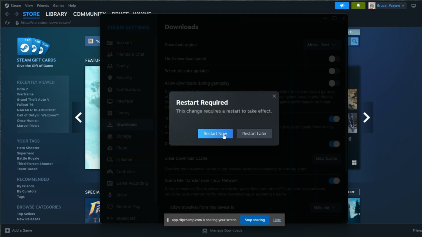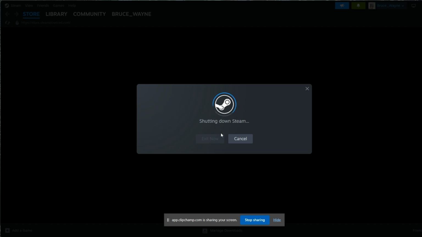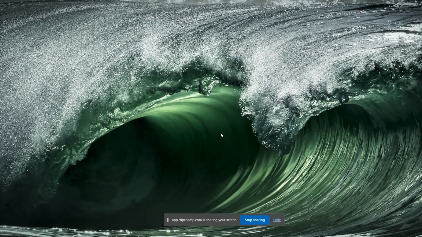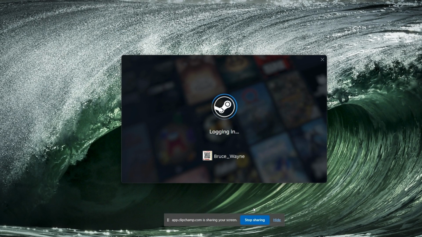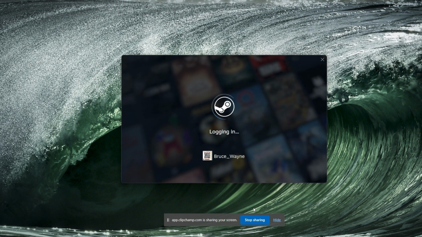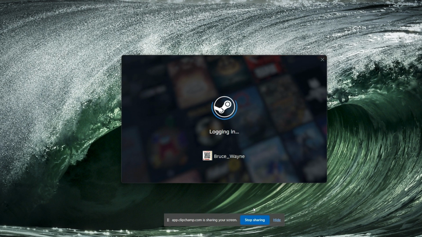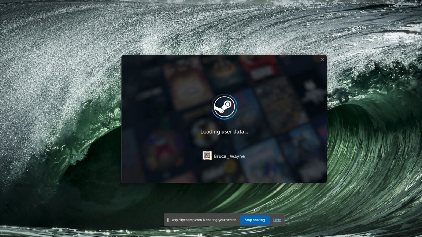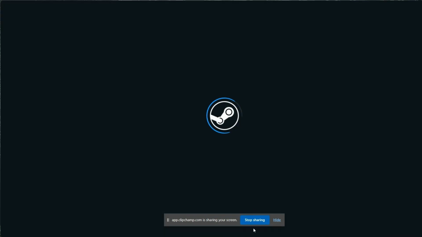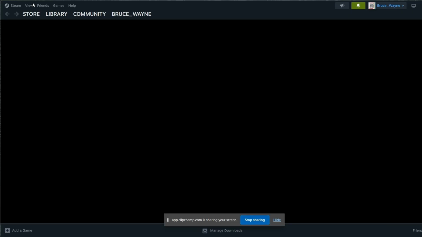region. So it'll prompt you to restart, so you could restart later or now, but if you want it to take effect immediately, just restart it there and then it will restart, and there we go. So this might fix the slow download speed, but if it doesn't, we do have another thing that we could do. We could just go to settings again, you go to Steam